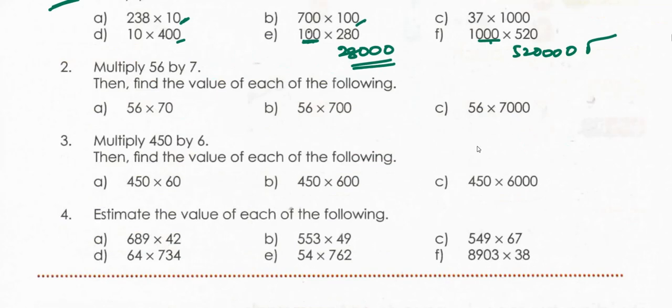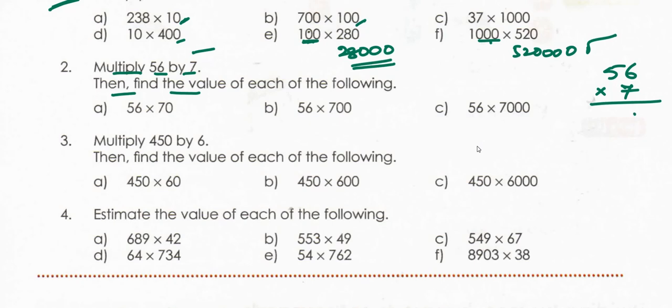Let us come to this. Multiply 56 by 7, then find the value of each of the following. Let us do these problems. All 3 problems I'll do. 56 into 7 first we'll do here. Short way of multiplying, I'll tell you. The only thing is, first you are going to tell me tables up to 9. Then I'll tell you how to learn tables, in a very short period of time, up to 100. First I'll do it in the regular method. Then I'll tell you the short method of it.